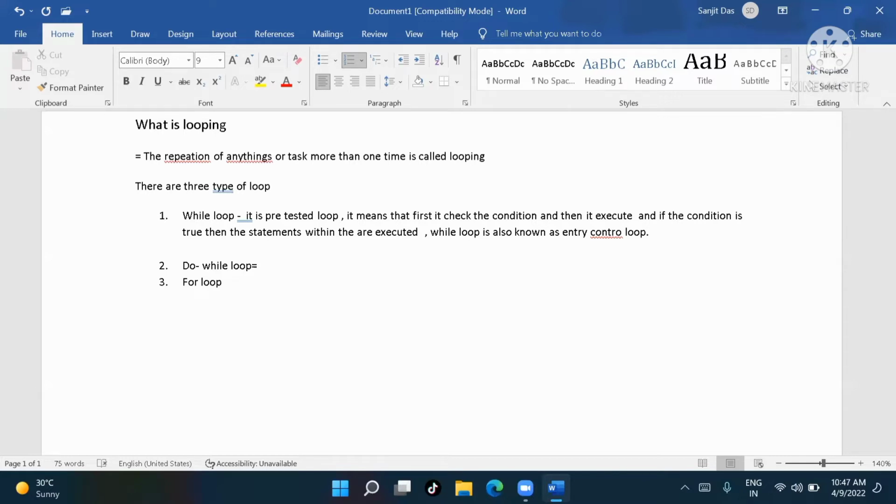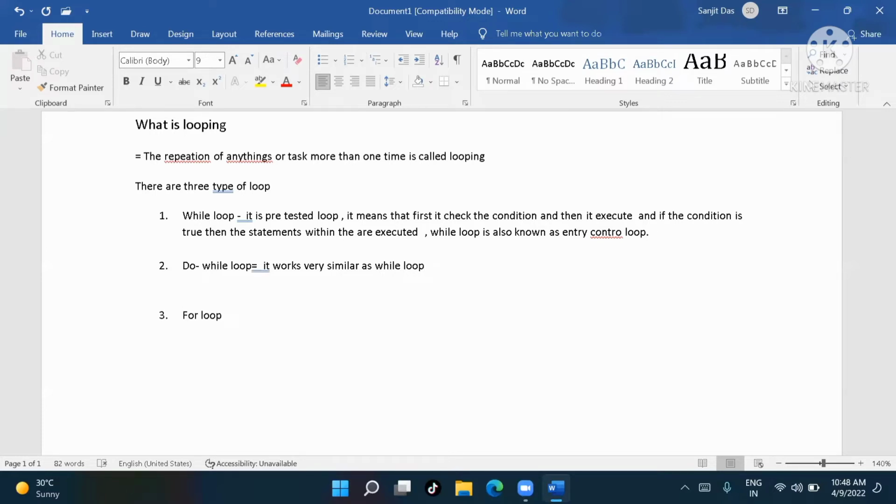I'll write it works very similar to the while loop.